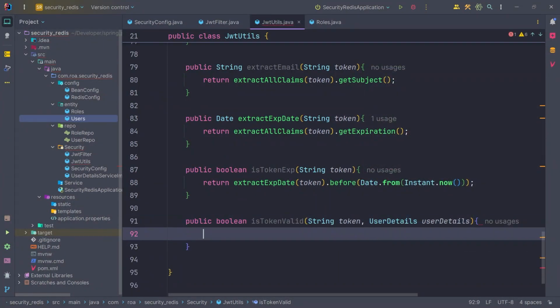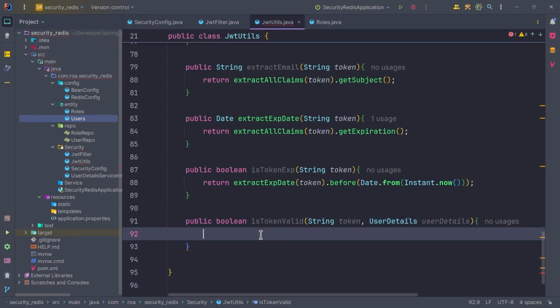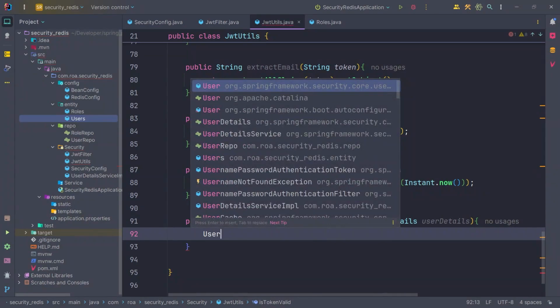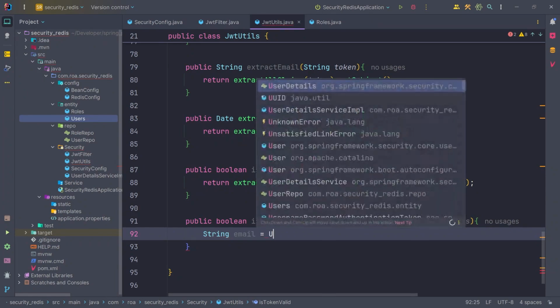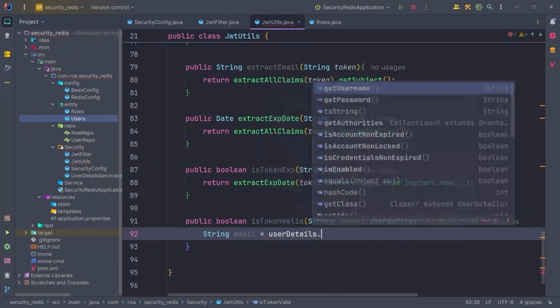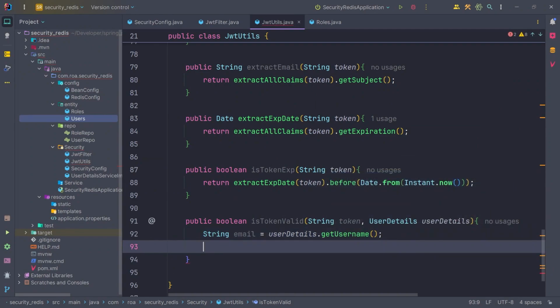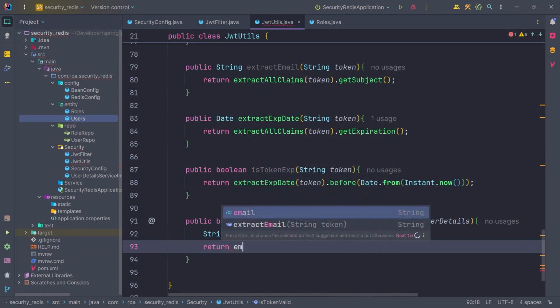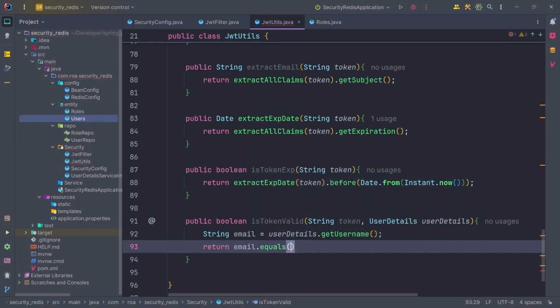Then we will validate this user email also. Over here we can make a string email equal to user details dot get username. Now we're going to return email dot equals to the object. So the object would be